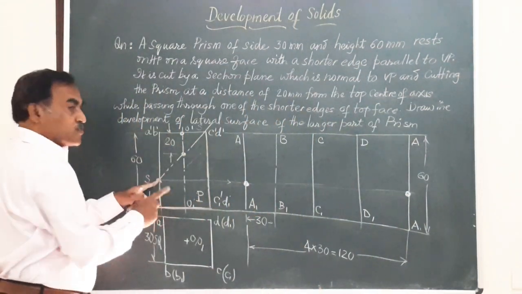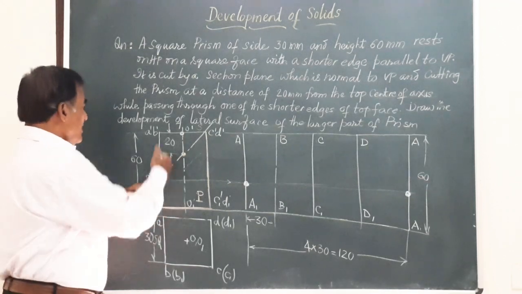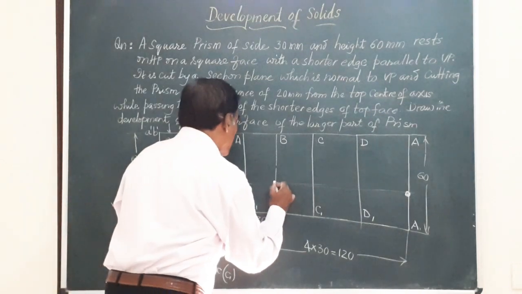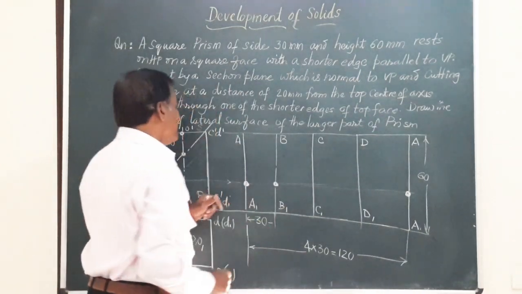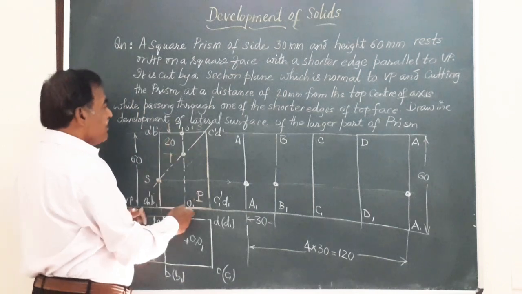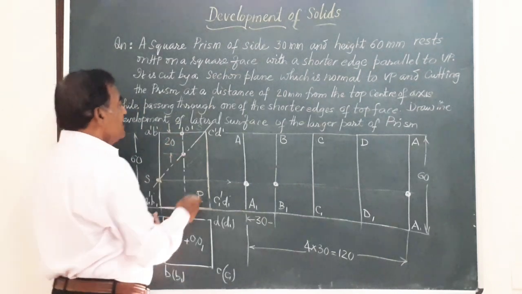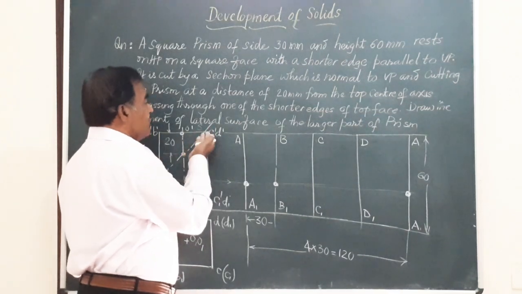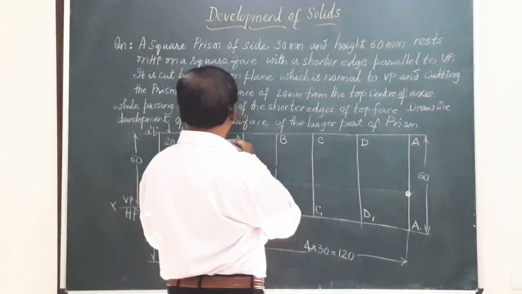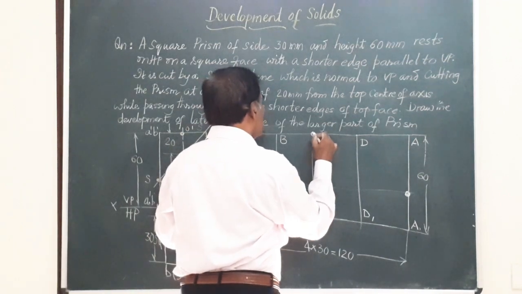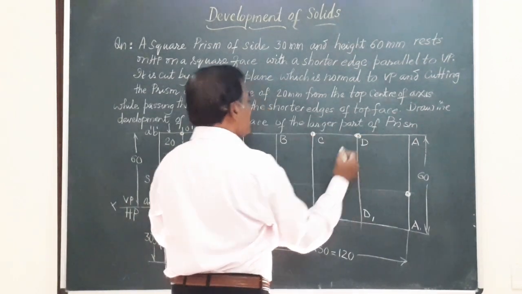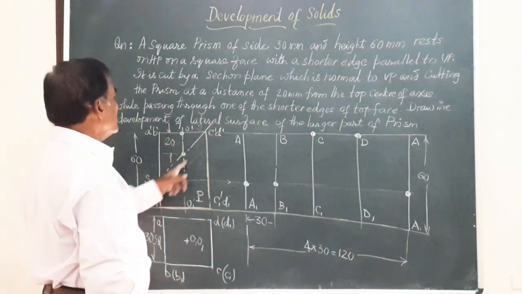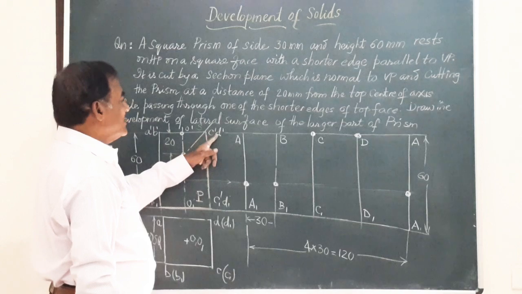Likewise, BB, you should go in order so that you will never go wrong. BB is also cut there. So I am going to extend this and mark a point here on the edge BB. For the axis, we don't mark anything because it's just an imaginary line. The section plane is passing through C dash D dash of the top face. So this is C and D. C is here and D is here. Friends, finally we have got all: 2 for these 2 longer edges, 2 for this edge CD.